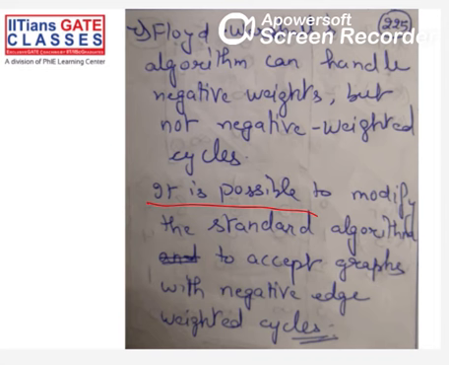So a small modification has to be done. Either you can run it one more time and see if some value is getting affected, or whatever final answer you get, just search all the values in that matrix and check if any negative value is being formed. Because k equal to 5 means that all those distances are actually 5 length path distances. So if the sum is turning out to be negative, that means you have a negative edge weighted cycle in your graph.